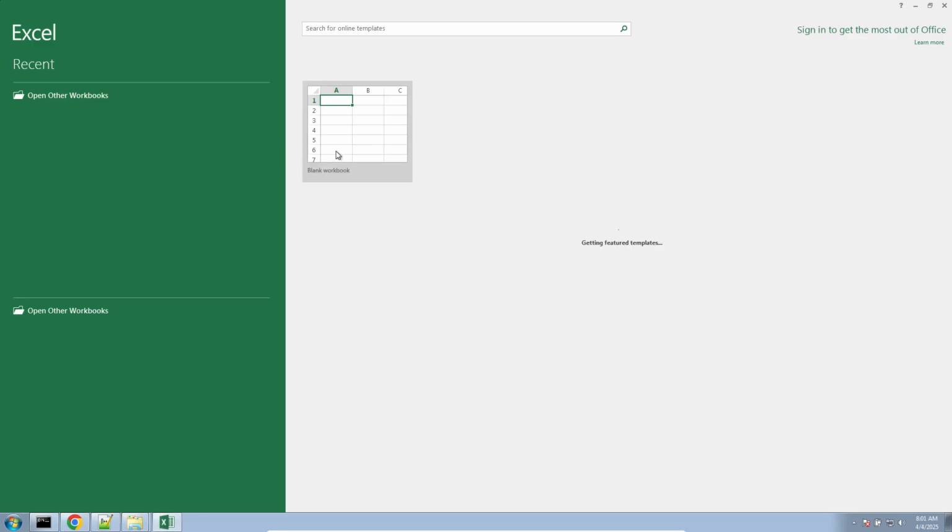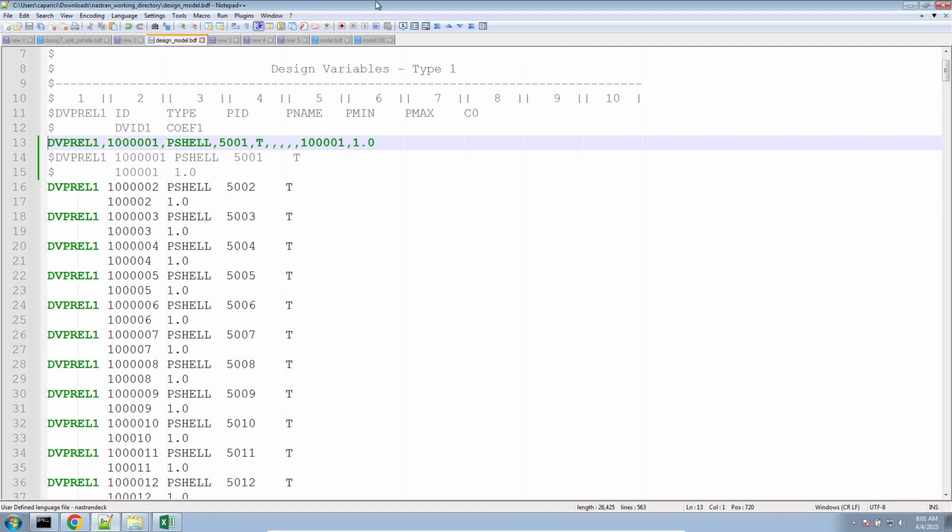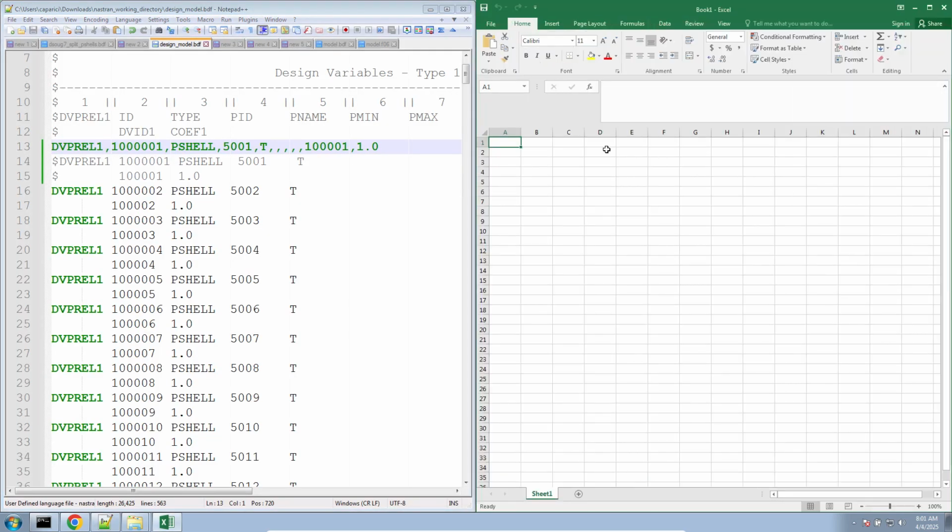All right, now that we know the format, we can now use Excel to build these entries. So we'll go ahead and do this for that. And let's go ahead and type this out. So this is going to be field 1, 2, 3, 4, 5, 6, 7, 8, 9, 10. Oh, remember, we don't need field 10 or 11, so we'll go to field 12 and 13. Okay, so here in the first field, this is going to be DVPREL1 and then the ID. And I'll give it this ID. This next field will be the PSHELL name and then the ID, which is 5001 in that case, and the